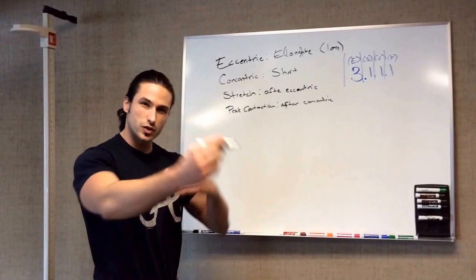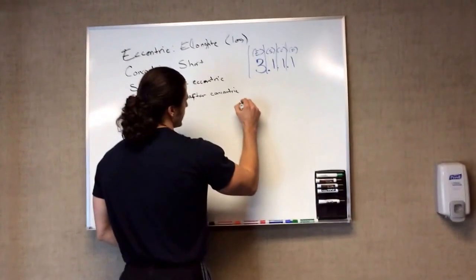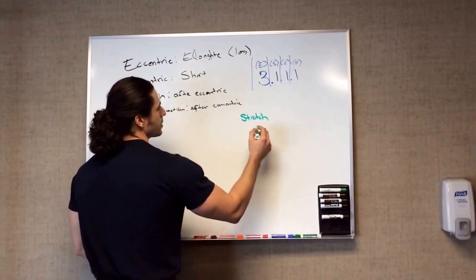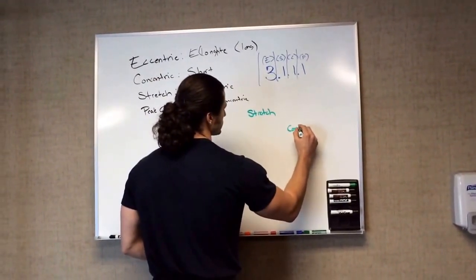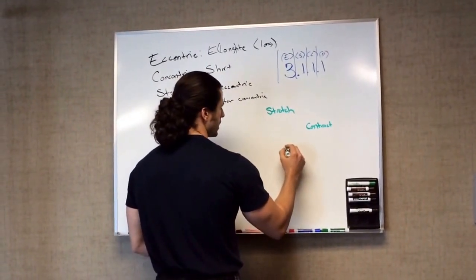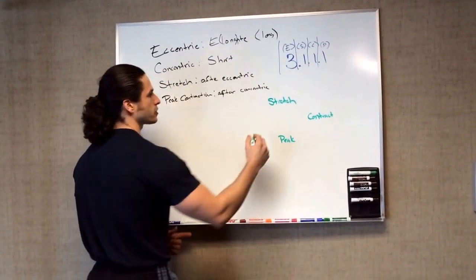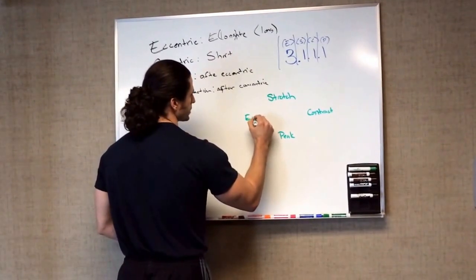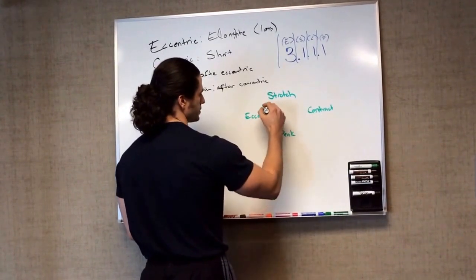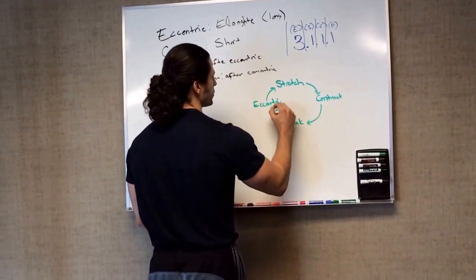So you can think of it in terms of a cycle, okay? So think of it as stretch. When you're in a stretch, the next thing that you're going to do is you're going to contract, okay? Once you contract, the next thing that you're going to do is you're going to have a peak contraction. Once you're at the peak contraction, then you're going to go into the eccentric. So think of it in terms of this. Eccentric goes to stretch, stretch goes to concentric, concentric goes to peak, and it goes around in a little